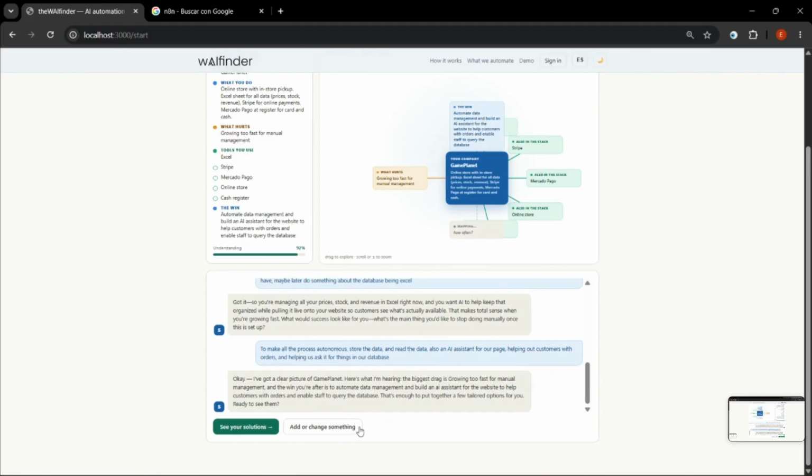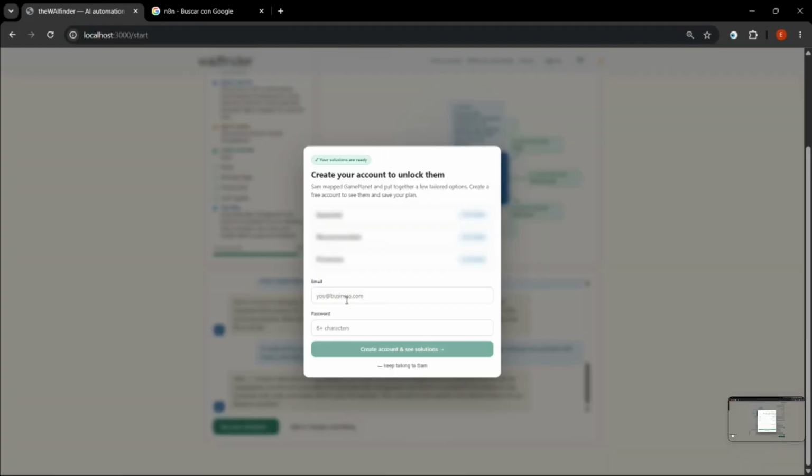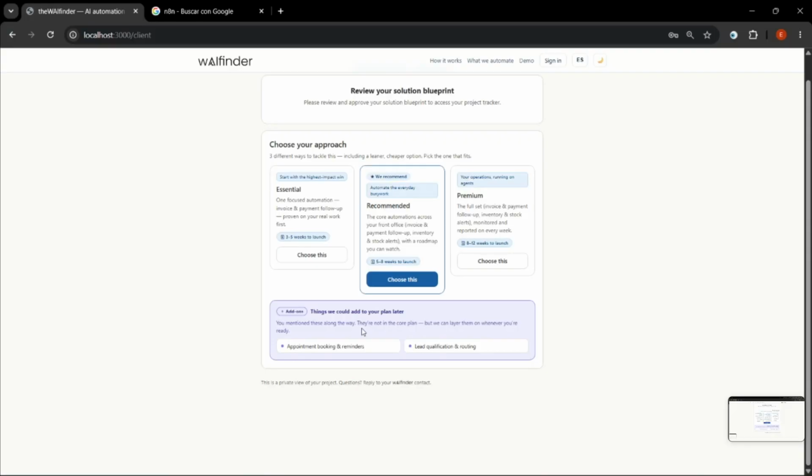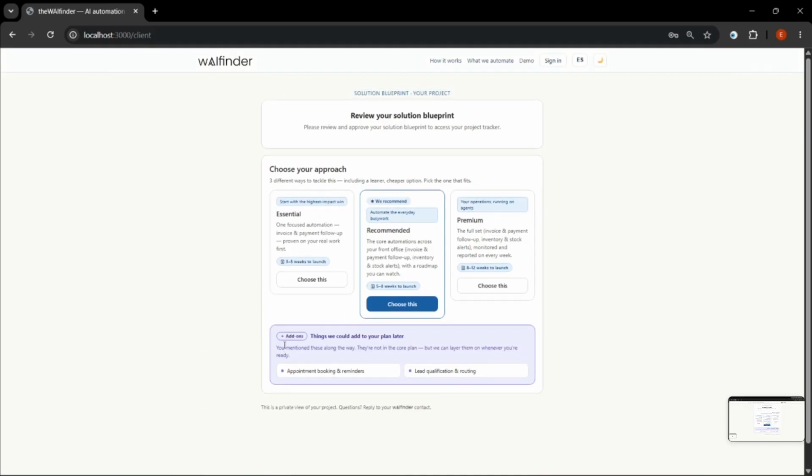The customer can keep chatting if they want to add or edit anything, and they can also see their solutions if they just create an account. So I was thinking that would be the better part for them to create their account, to lock their solutions behind the account creation. So once it sees, you can also see some of the add-ons